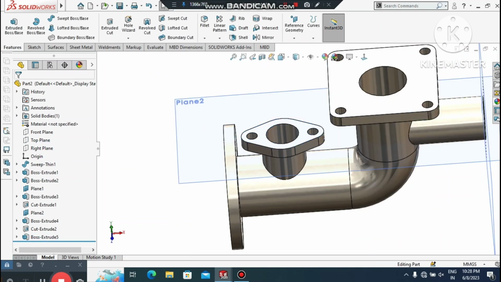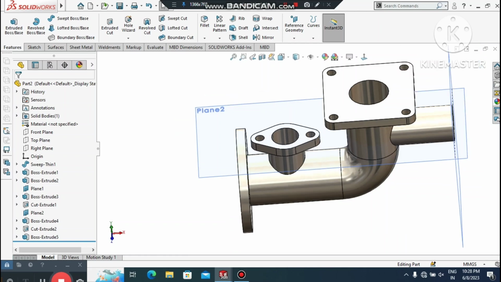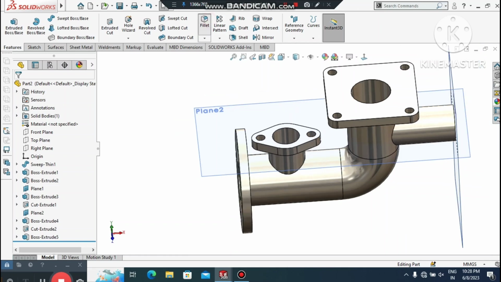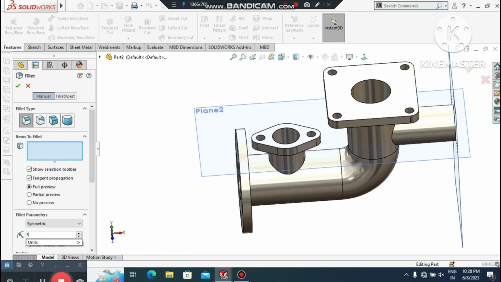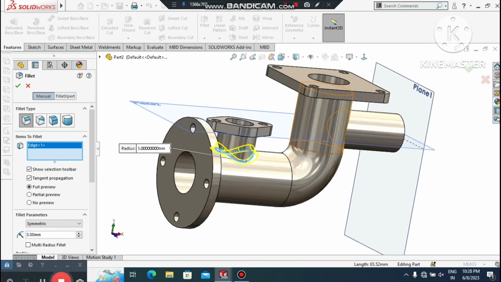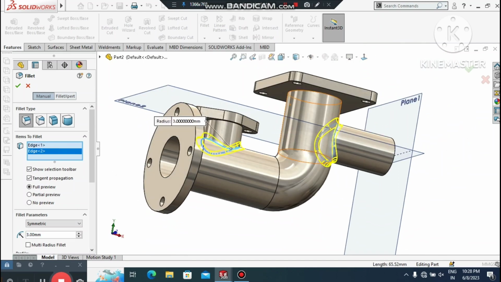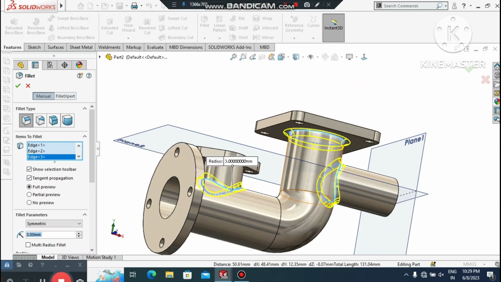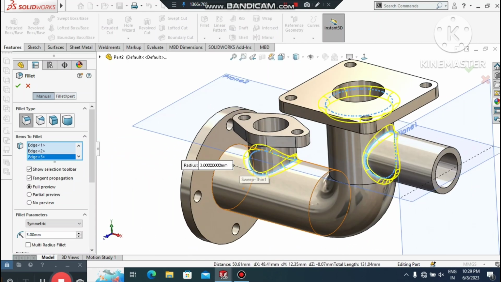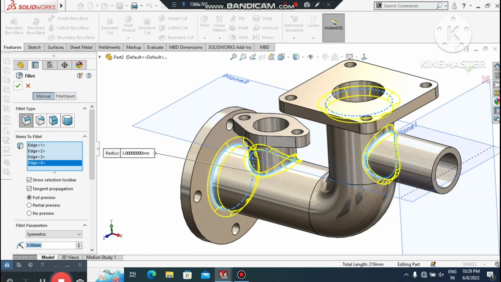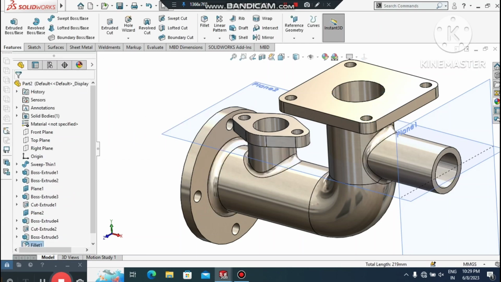So here it's time to make the fillet. So we apply the fillet to all this fitting. Go to the fillet. Here we make the fillet 3 mm. Select this edge, this one, select this one. Okay,